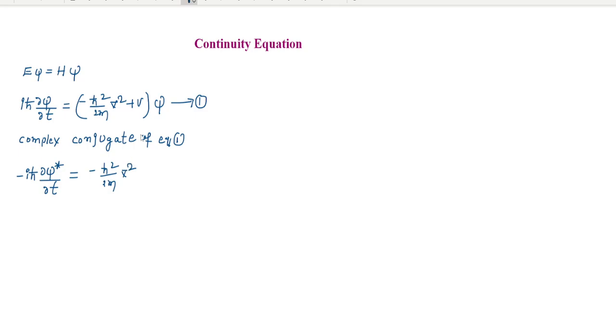So the wave function you should multiply into the bracket, psi complex, plus the potential energy V complex. This is the complex conjugate equation of our non-relativistic Schrodinger wave equation. Now